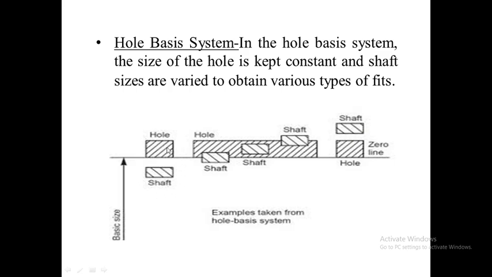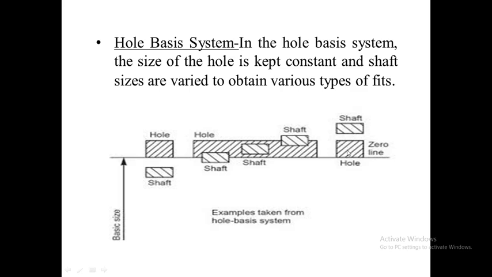Now for the first case you can see here that the hole size is always greater than the shaft size. This is the basic size and the tolerance zone for the shaft is lying below the basic size, whereas the tolerance zone for the hole is lying above the basic size. It means that the hole size will always be greater than the shaft size. So when we have a combination like this, where the size of the hole is fixed and the shaft is below the basic size, then we can say that this type of combination will give us a clearance fit, since for obtaining clearance fit the size of the hole should always be greater than the size of the shaft.